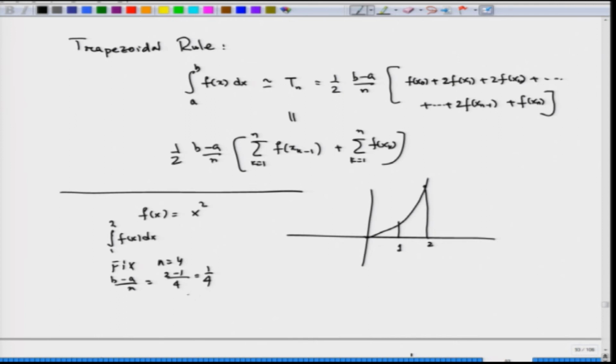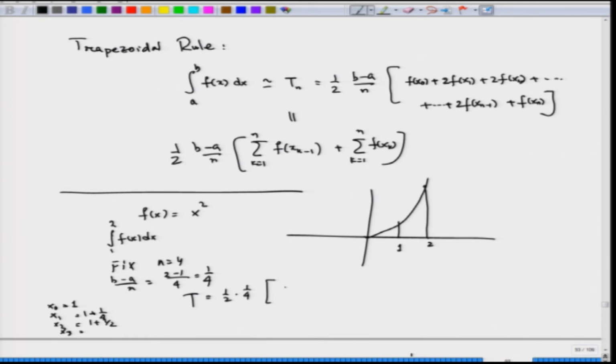So, the area T, if I calculate the trapezium, is equal to 1 by 2 into (b minus a) by n, which is 1 by 4, and then f of what are the x's? x naught is equal to 1, and then x 1 is equal to 1 plus 1 by 4, x 2 is equal to 1 plus half, x 3 is equal to 1 plus 3 by 4,